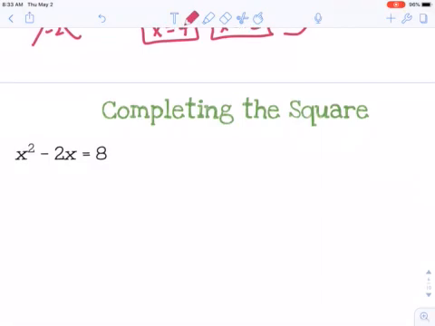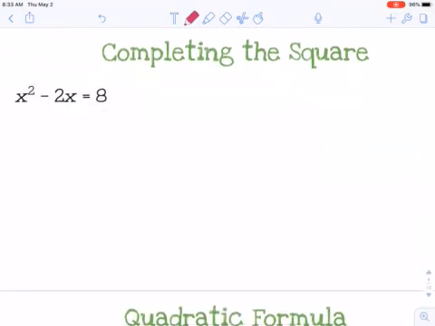Okay, so same equation. You'll notice I have not changed the equation. Completing the square is a slightly different method. This is where you're wanting to use perfect square trinomials. In this case, I do want to leave the 8 here. I'm not going to move it over and set it equal to 0. Instead, I'm going to find something that I can add to both sides of my equation so that I create